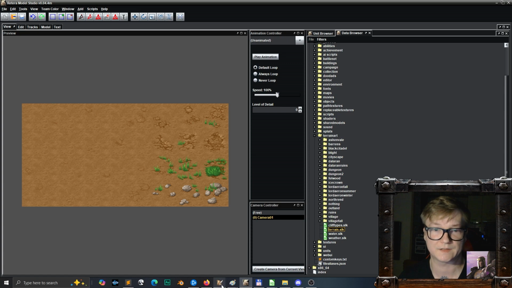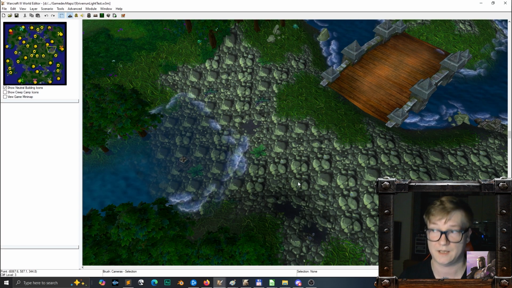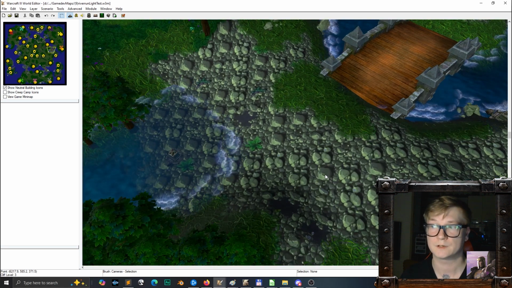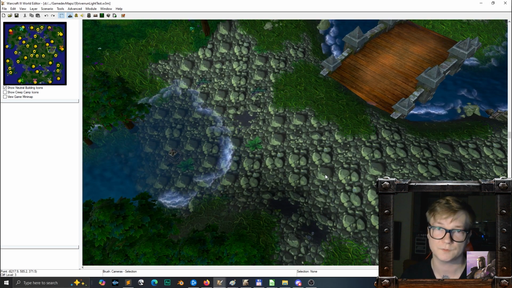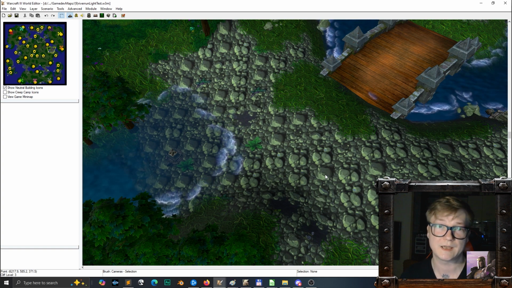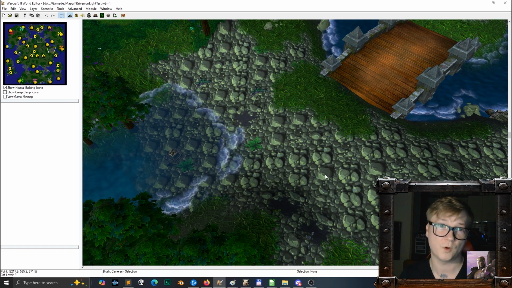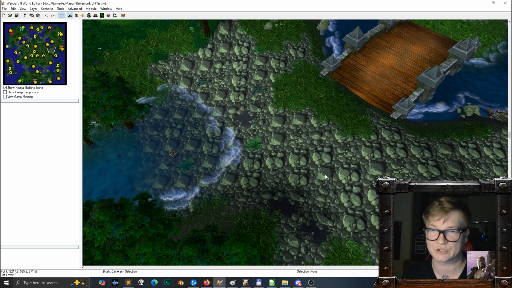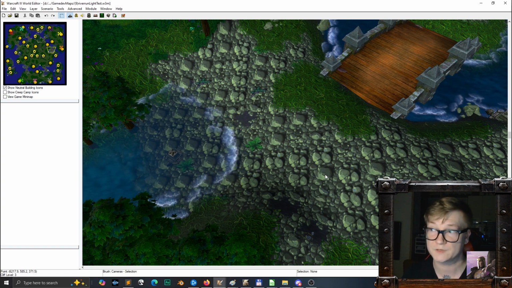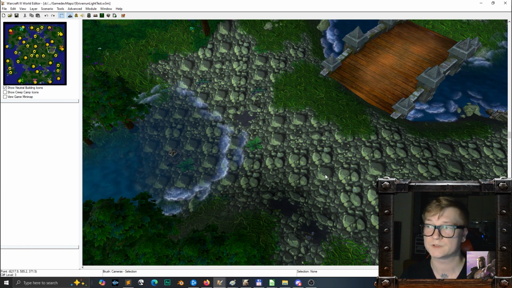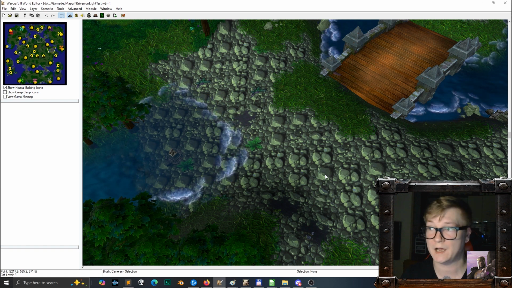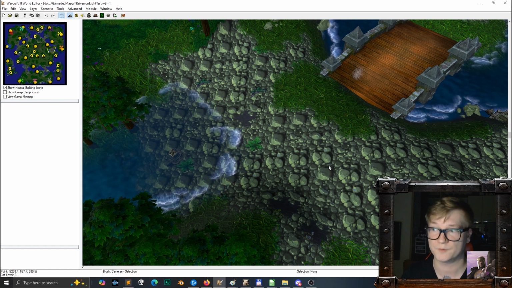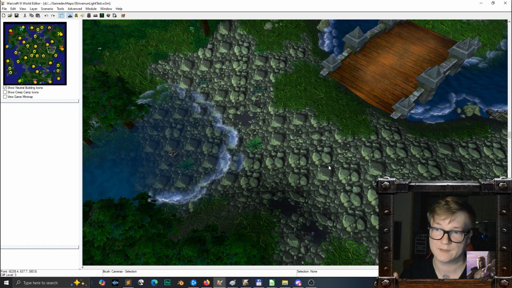The drawback is that every map on the client for the player will use those overridden paths, and this is not good. This is not good because as a custom creator, if I want to make a map with very specific terrain like Tanaan Jungle or Zangarmarsh for whatever reasons, I don't want my modification to affect other maps, other melee maps. And if I put my custom map on the Hive Workshop and I put this terrain SLK